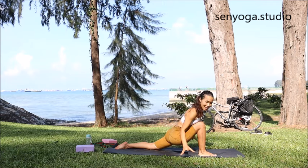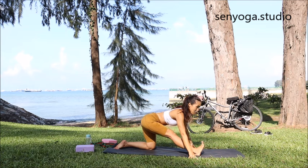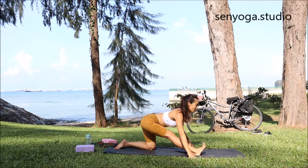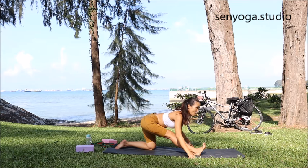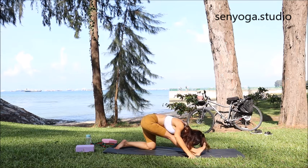You can use the blocks again or your fingertips tented down like this. Roll your shoulders back and then flex your toe or the ankle and pull your hips back. Stay here. Keep working on the hamstring and the spine long, or bow the head down. And stay humble for 5,